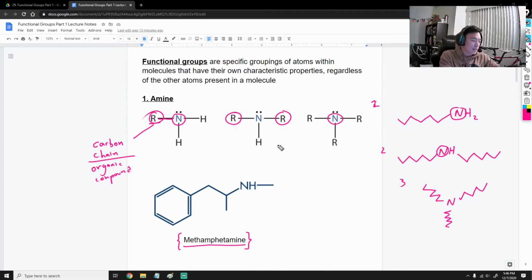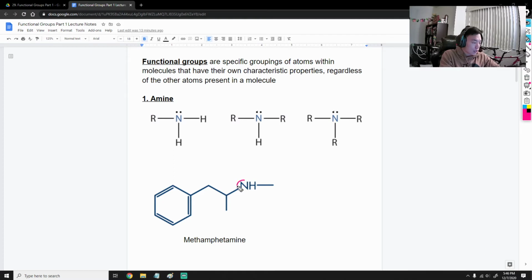Now, methamphetamine right here, you're going to notice that there's a nitrogen, right? And nitrogen is connected to two carbon chains, right? We know that the corners are all carbon, so there's a carbon here, there's a carbon here, there's a CH3 here technically, and this is a carbon chain right here. So because this nitrogen right here is connected to two R's, R and R,